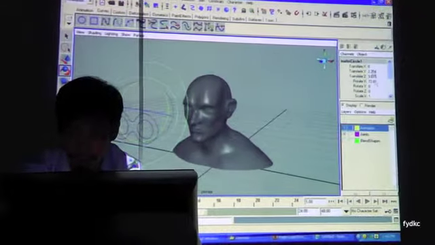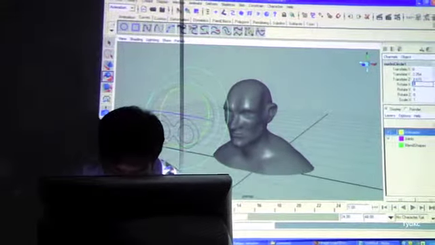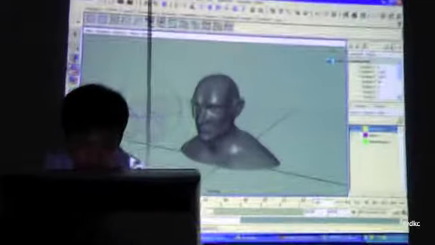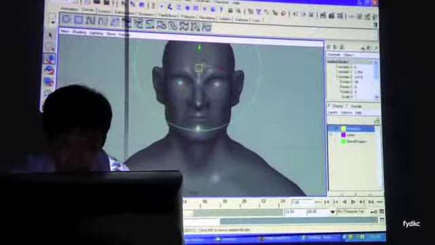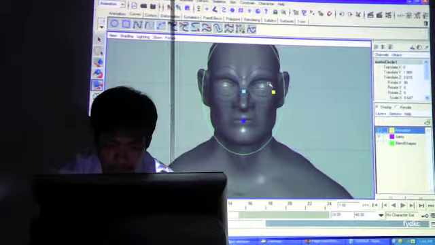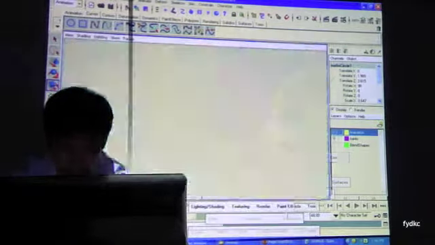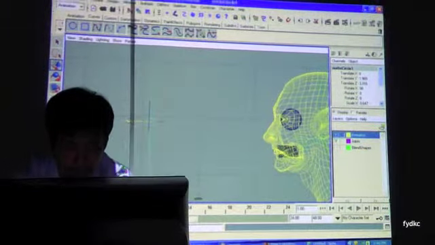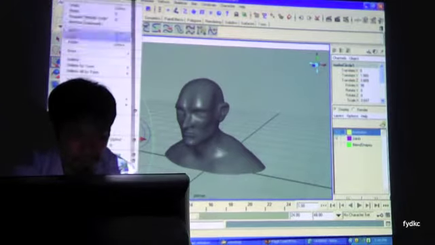90 degrees on X. Okay, and let's go to front view. And we're going to scale and shape it so it's about the size of the head. Let's go to side view, align it with the mask control. Then edit, delete by type,